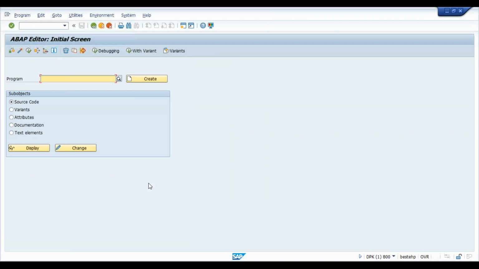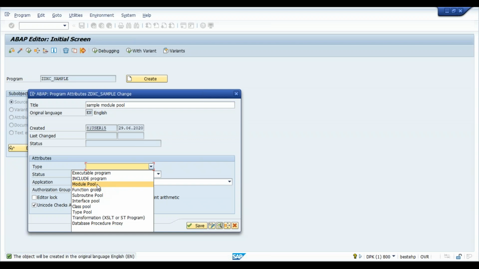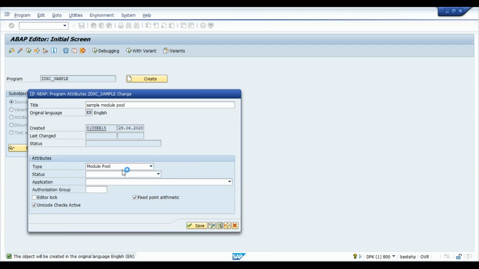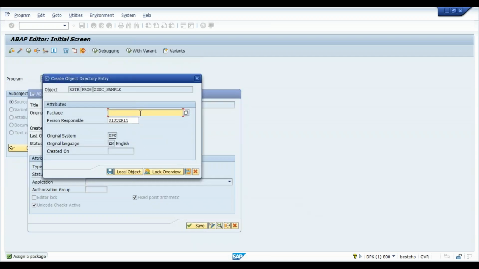So we'll go to SE38. We'll write a simple program like zdxc_sample. Click on create, and now sample module pool. Here we have to select the module pool. Instead of this executable element, we have to use the module pool and click on save. And then we'll go ahead with